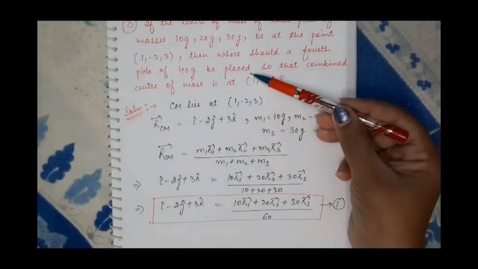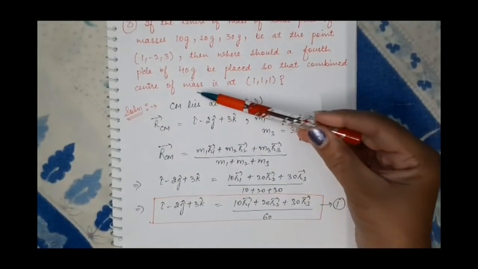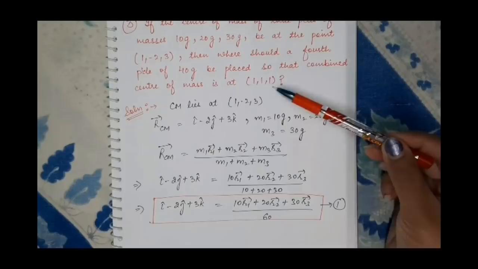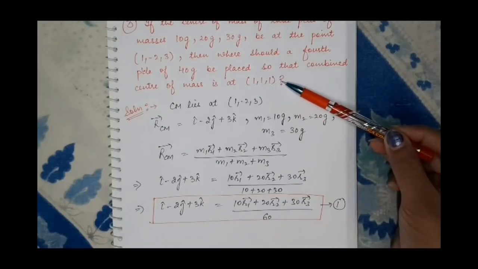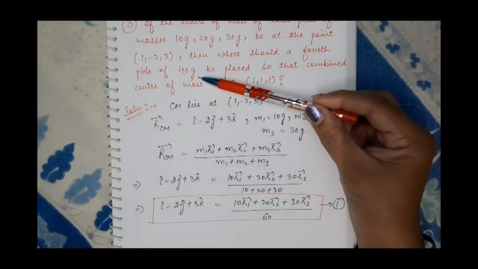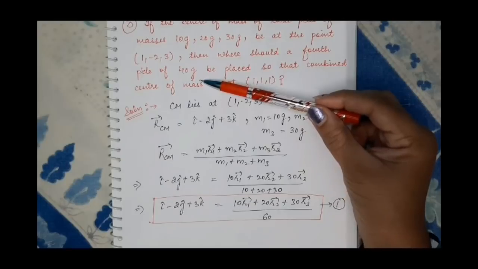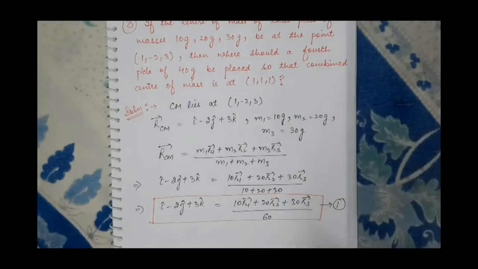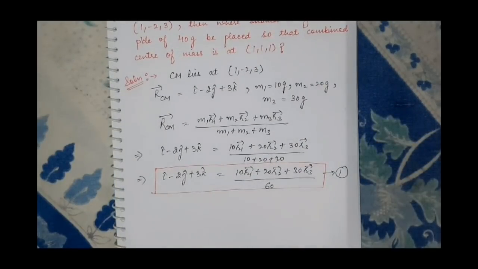40 grams be placed so that the combined center of mass is at 1, 1, 1. So this is the new position of the center of mass. And what do we have to calculate? Again, we have to calculate the position vector of this 40 gram mass, meaning again we have to calculate the R4 vector. So when the number of particles in the system has changed from 3 to 4,